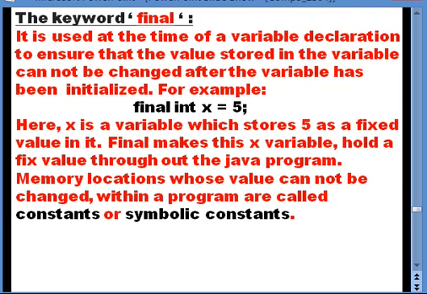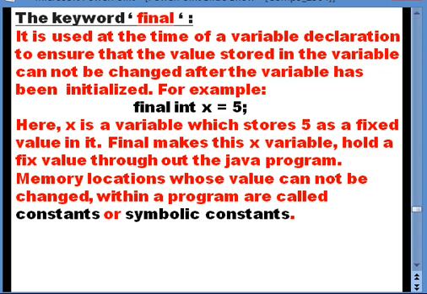Let us take an example. Final int x is equal to 5. So here x is a variable which stores 5 in it. But because I have mentioned final in front of it, the value 5 is never going to change throughout the execution of the program. Now the memory locations whose value cannot be changed within a program,